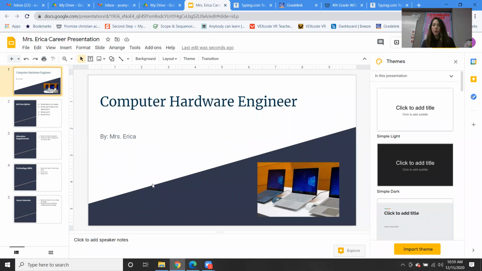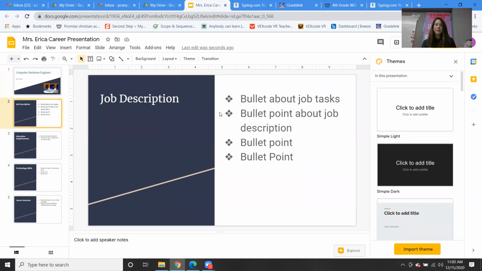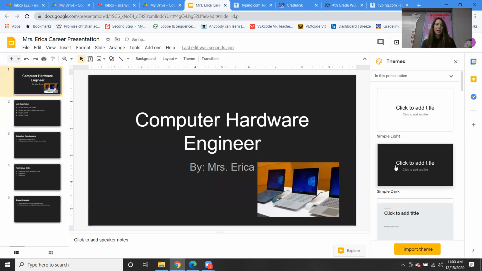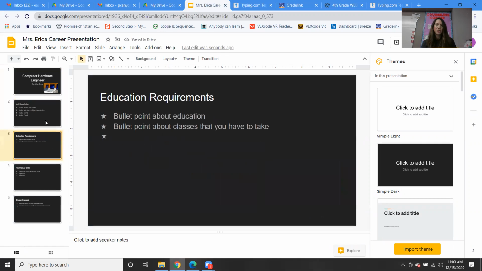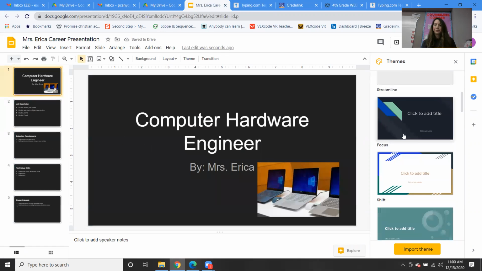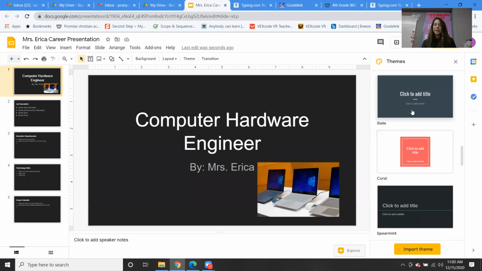did you make the slides colorful? Did you add pictures? Maybe you even added in a little video clip of somebody in action working at the job. Did you make sure that your font size was big enough for your audience to actually read it off the slides? I'm just going through and showing you how you can change this and make it any way that you want.